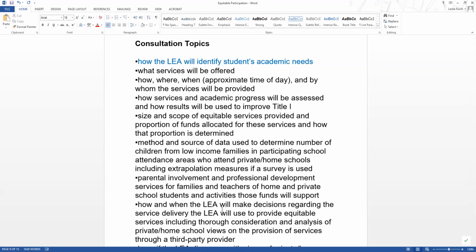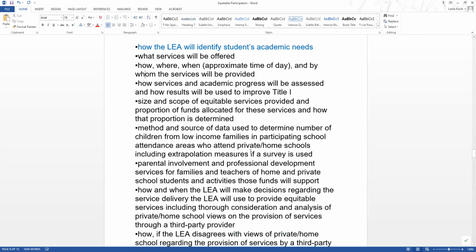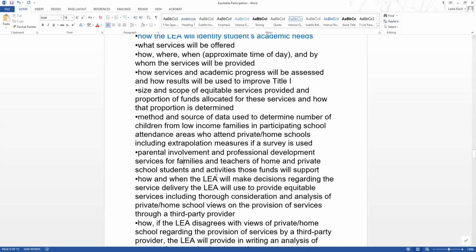How will you identify the students' academic needs? What services will you offer? How, where, when? This is the venue. Where you're going to do the service, what time of the day, approximate time, and by whom the services will be provided, how services and academic progress will be assessed, and how the results will be used to improve Title I, the size and scope of equitable services, the method and source of data used to determine the number of children. You have to have an agreement with the family, with the private school, parent involvement and professional development services